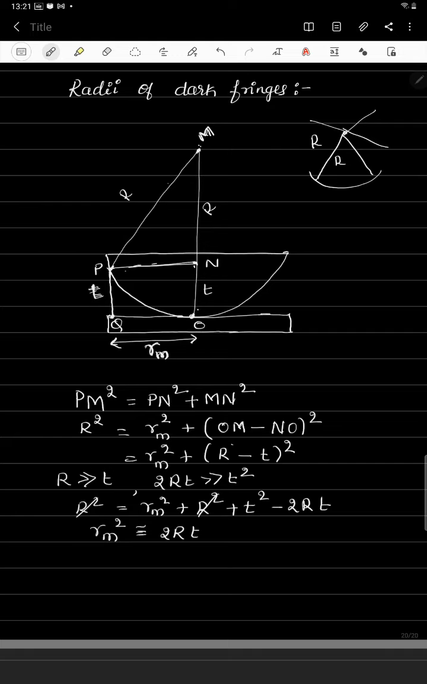T is very much smaller than capital R, so T square is still small. That's why 2RT is far greater than T square, which means this T square term I am going to neglect from this equation. So what you are left with is Rm square is equal to 2RT. And the condition for the darkness,